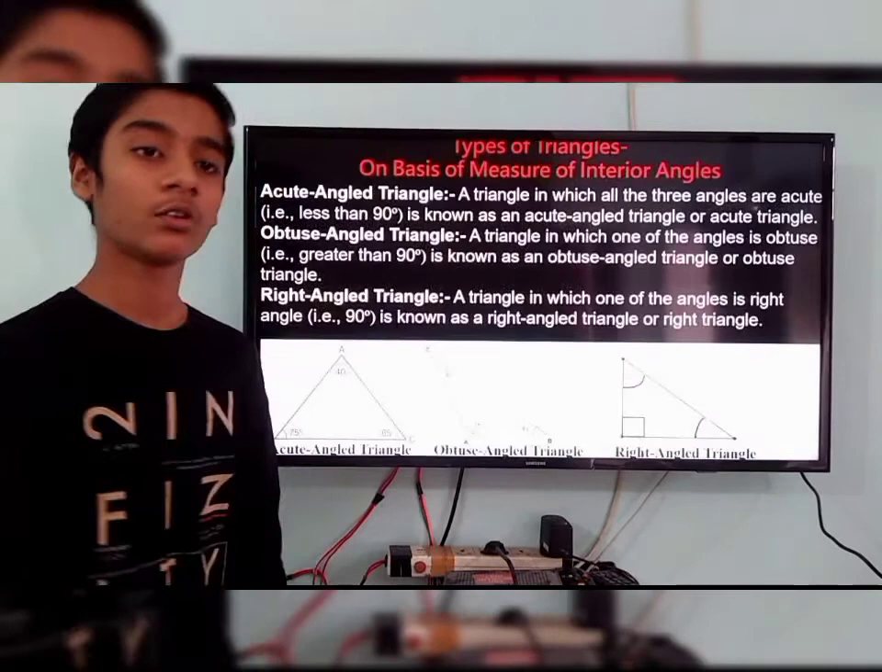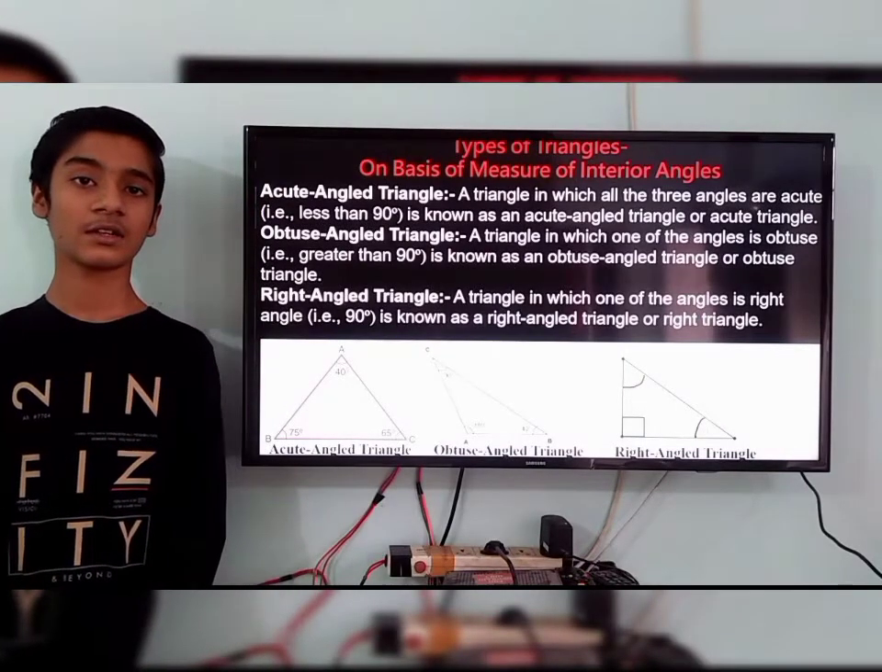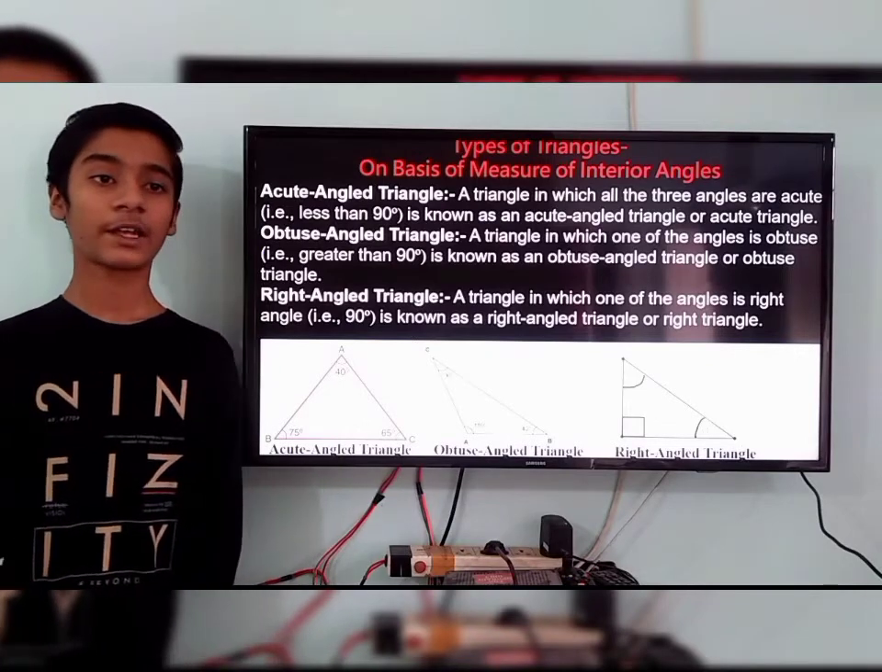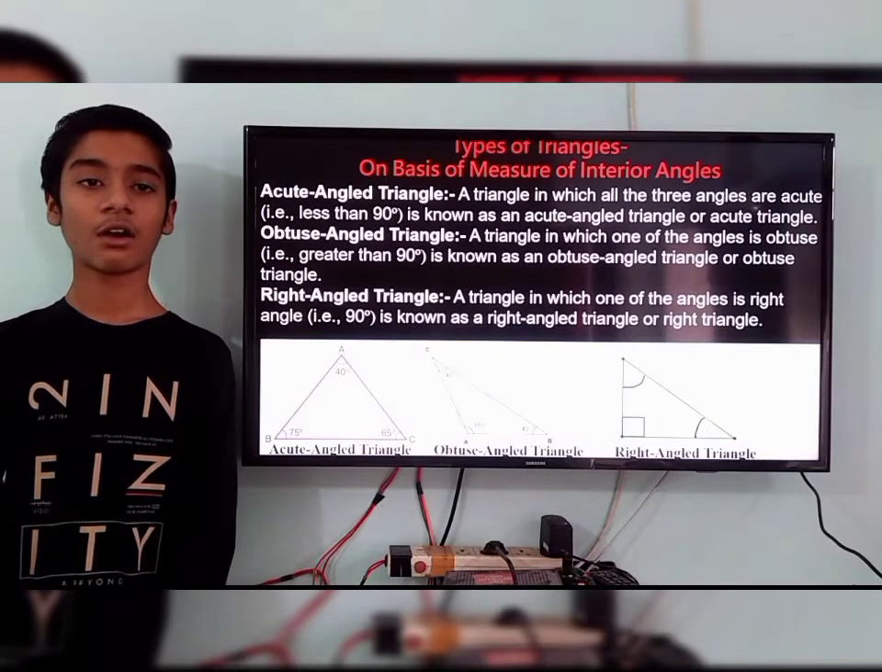Now, let's discuss the types of triangle on the basis of the measure of their interior angles. Acute angle triangle. A triangle in which all the three angles of the triangle